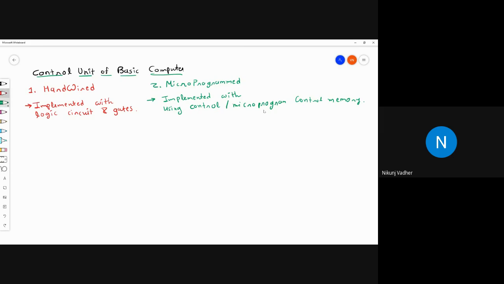Next difference: the hardwired control unit is faster, while the microprogram control unit is slower in terms of execution.